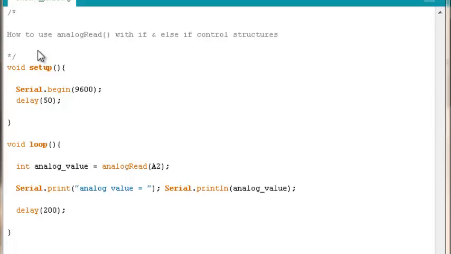Welcome to this tutorial on how to use analogRead with the if and else if control structures. I'm creating this series of videos about analogRead and using various control structures for those who very likely have already constructed a piece of code like this one, and are wondering, how do I go further? How do I do something cool with the values that I'm pulling in through analogRead,